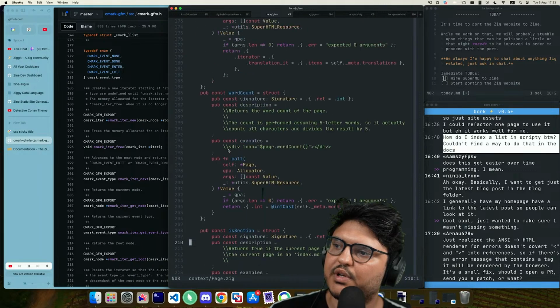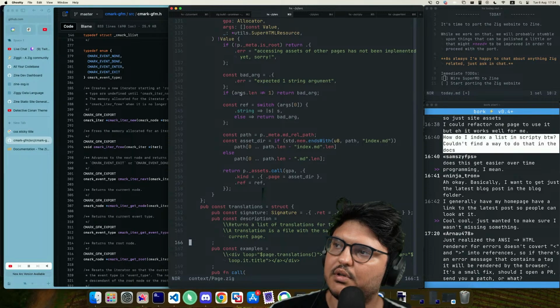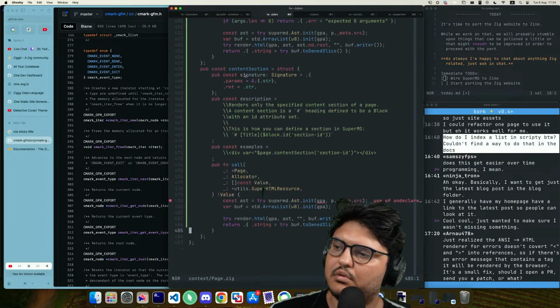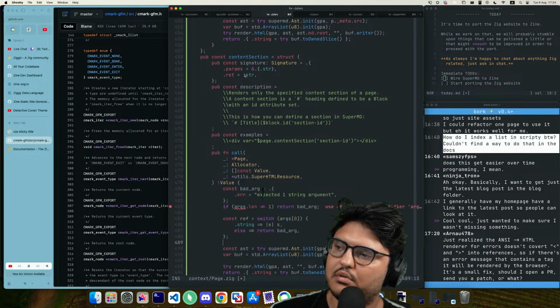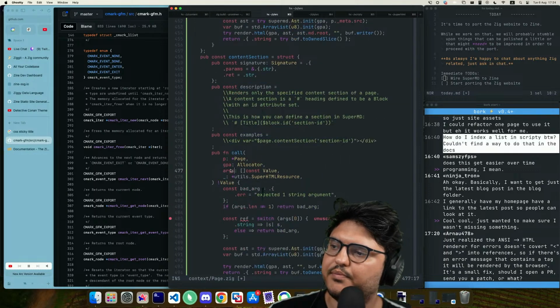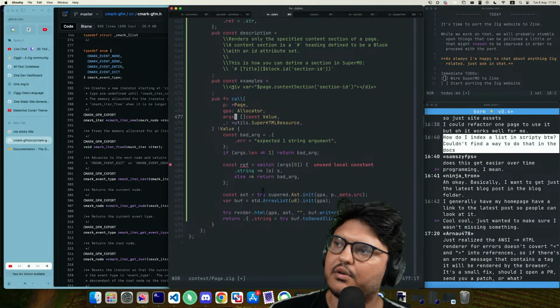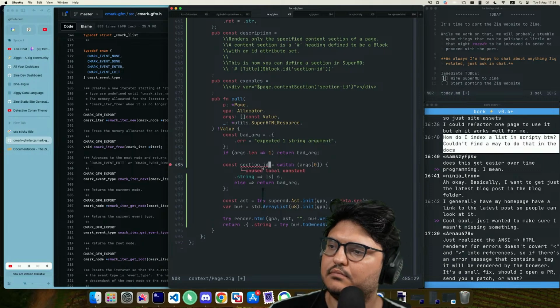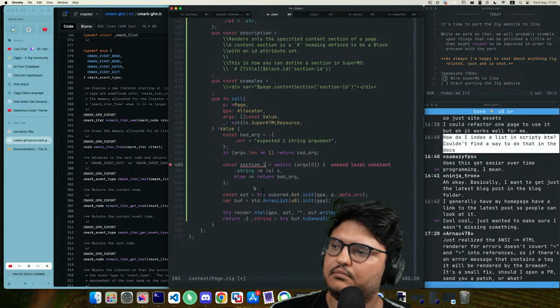Come on, show me an example where we care about arguments being given to us. There you go. AST args. Okay, expected one string argument. Block ID.